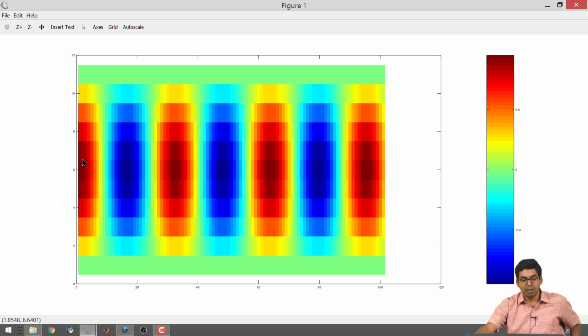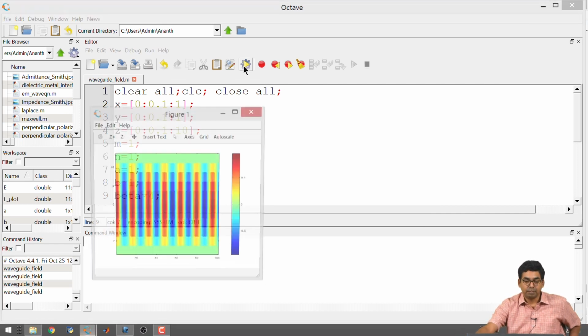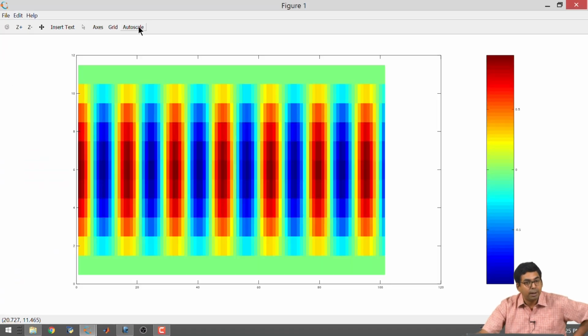So, it keeps switching between +1 and -1 depending upon the beta value, all right, that you have given. So, if you count the number of spots, you will be able to figure out with the length what is the value of beta, okay. So, you should be able to do all that. So, for example, if I go back and if I make the beta as 4 instead of 2, right, okay, the phase changes faster along the z direction, all right. So, I will be able to see which side is the travelling side, all right.